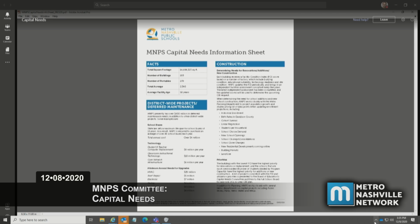Regarding technology, we of course have a continual need for technology, particularly as we have moved to a one-to-one district. And so we are now looking at how can we keep those devices current with the refresh cycle. Our current refresh cycle that we are planning would be a new device every 3 years for our teachers and a new device every 4 years for our students, which means that we need to stagger those requests so that they're not all coming due at the same time in the same fiscal year. And so we fund all of our technology through the capital budget that is recommended by the mayor and approved